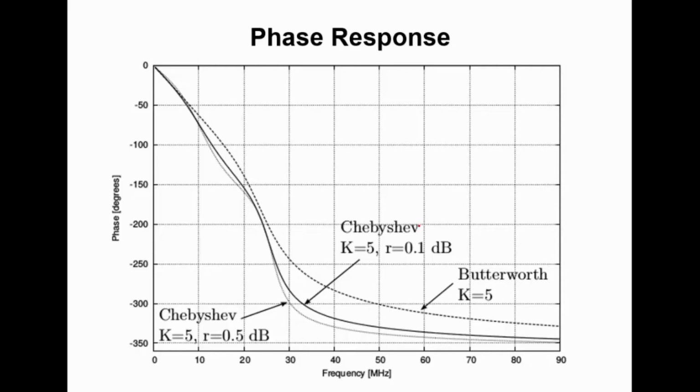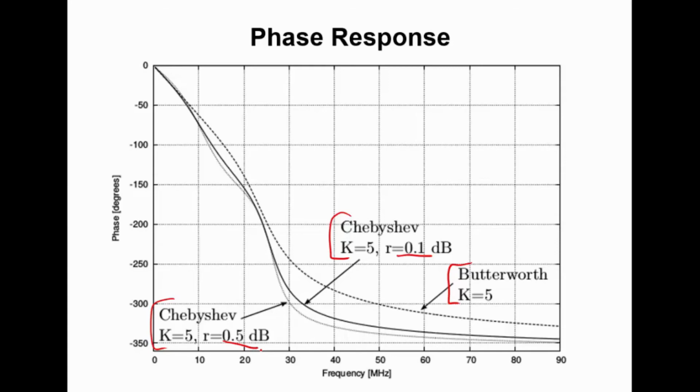If I have some modulation, for example, that's filling the passband, I might care about how the phase of the response changes over the passband, because that might distort the modulation. So here I'm showing the phase of the different kinds of specified response filters I've considered so far. So here's Butterworth K equals 5, here's Chebyshev K equals 5, 0.1 dB ripple, Chebyshev K equals 5, 0.5 dB ripple. So these are essentially the same filters with different component values to realize these responses, and I'm showing the